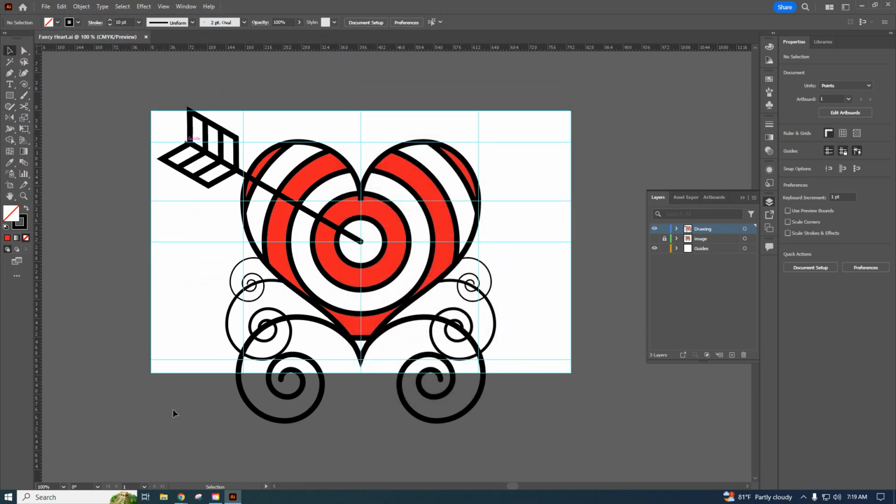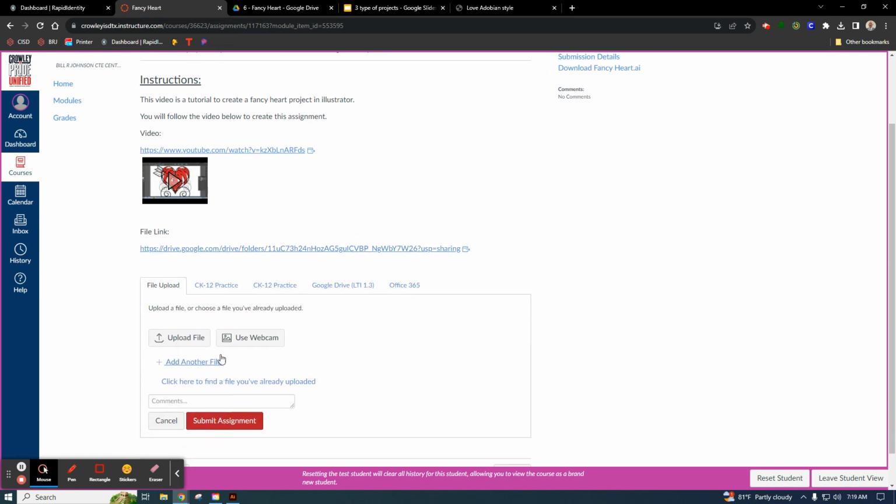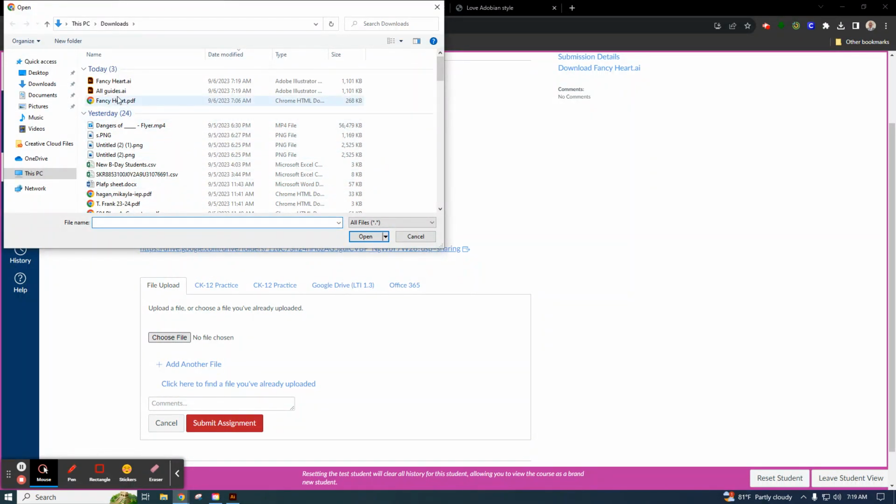I'm going to go back to Canvas, like here. I've already done this once, but it should say start assignment. So click on new attempt, upload a file, and then choose my fancy heart. That should be in downloads. Then I click on open here